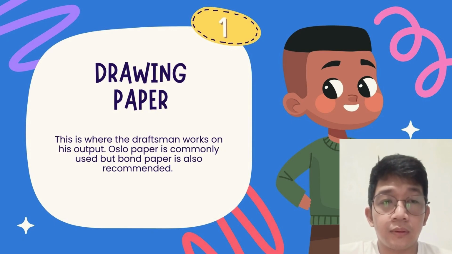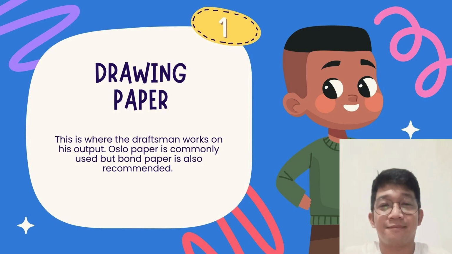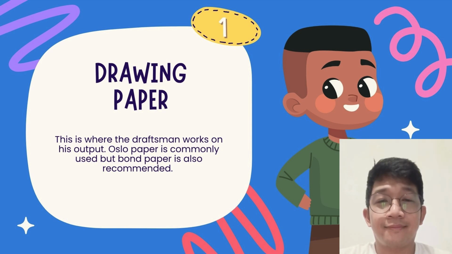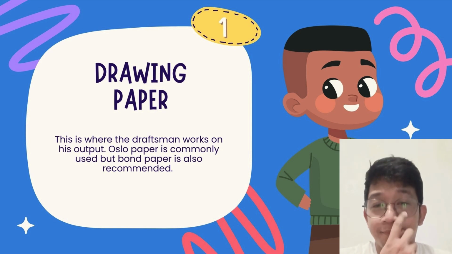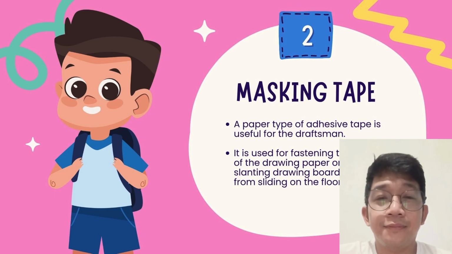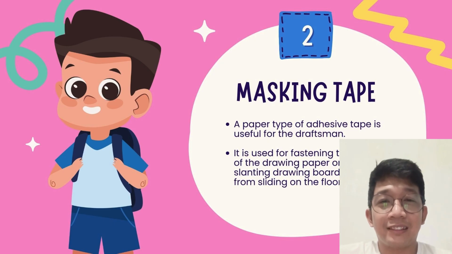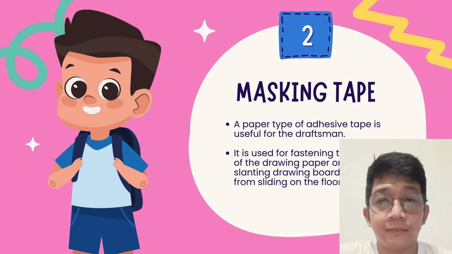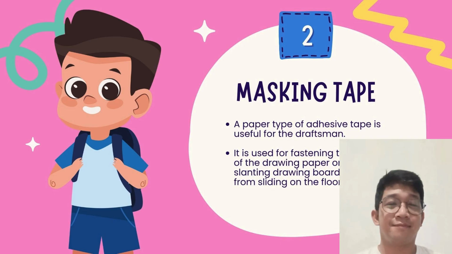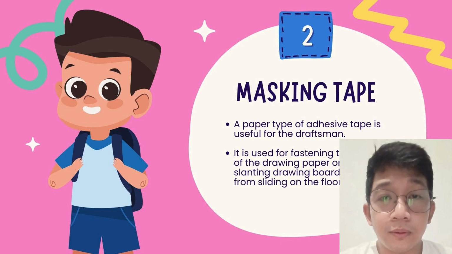Drafting film, mylar, a strong, plastic-based material that resists tearing and moisture. It is commonly used for professional or archival drawings that need to last a long time. Masking tape, a paper type of adhesive tape, is useful for the draftsman. It is used for fastening the corners of the drawing paper on the slanting drawing board to avoid it from sliding on the floor. Using paper-type adhesive tape is important in drafting because it secures the drawing paper to the